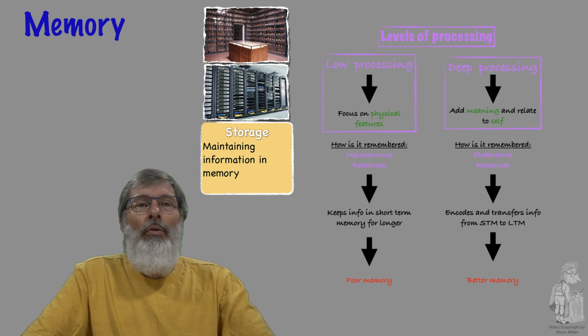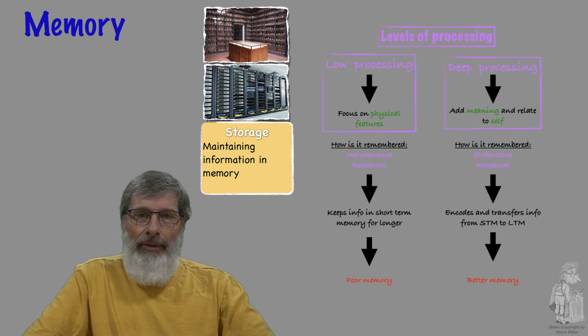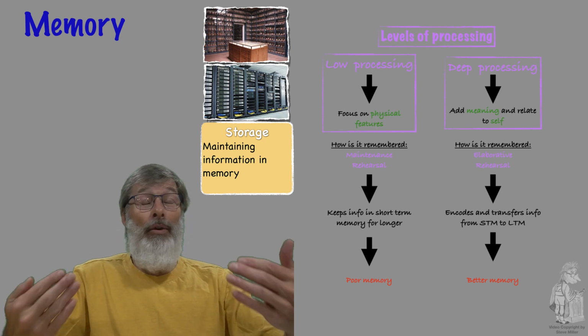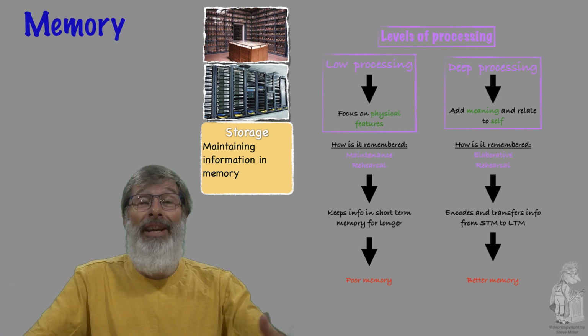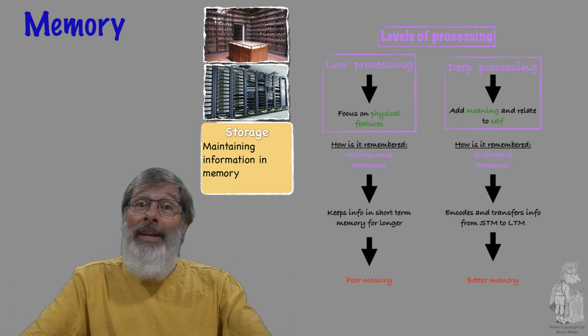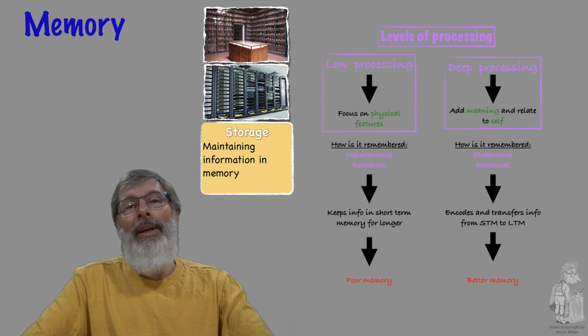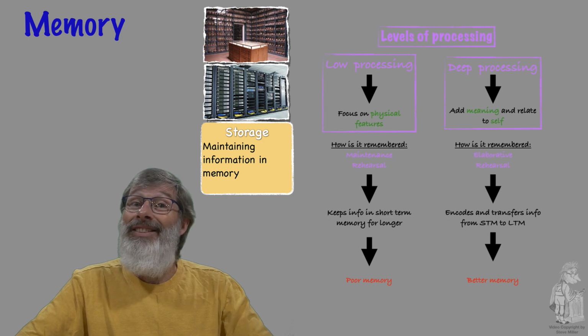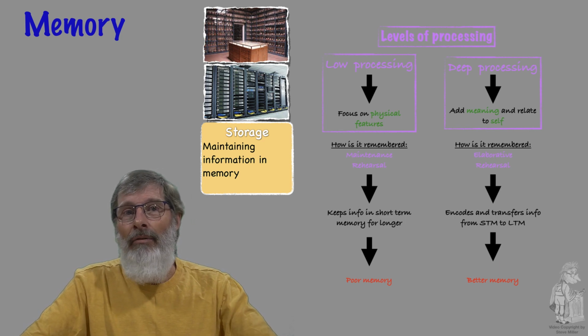Now, there's a term that's known as meta-memory, and that's our awareness of the functioning of our memory. So it's our self-awareness of our own memory capabilities. I mentioned maintenance rehearsal. There is also what's known as elaborative rehearsal, or elaborating on or extending the semantic meaning of what you're trying to remember.